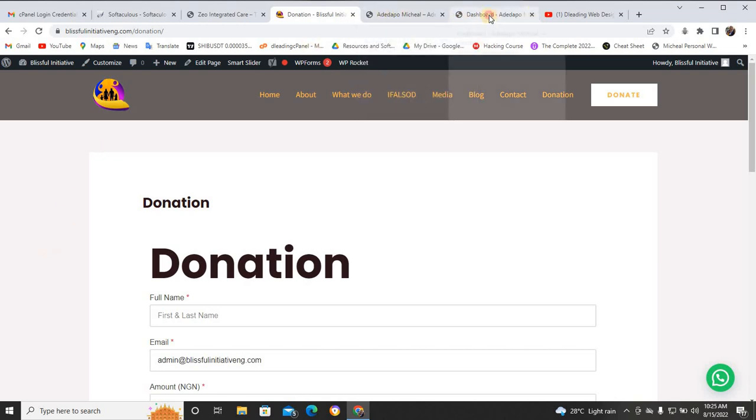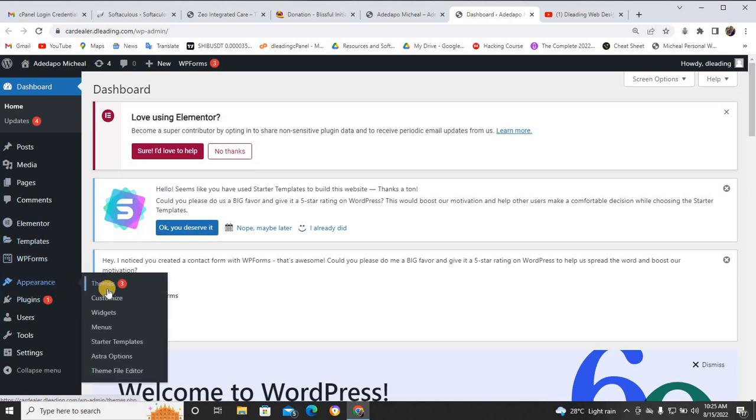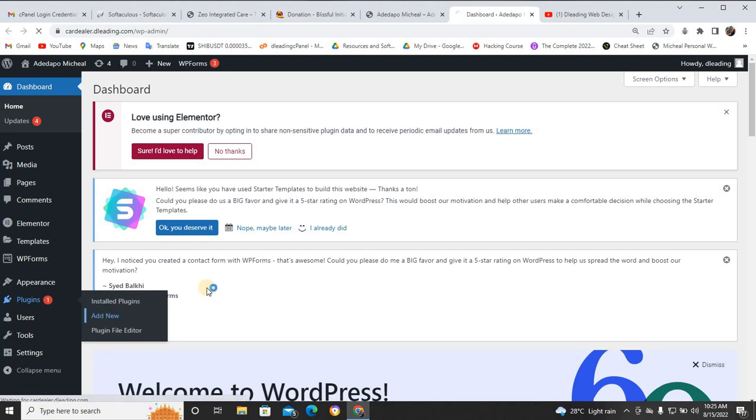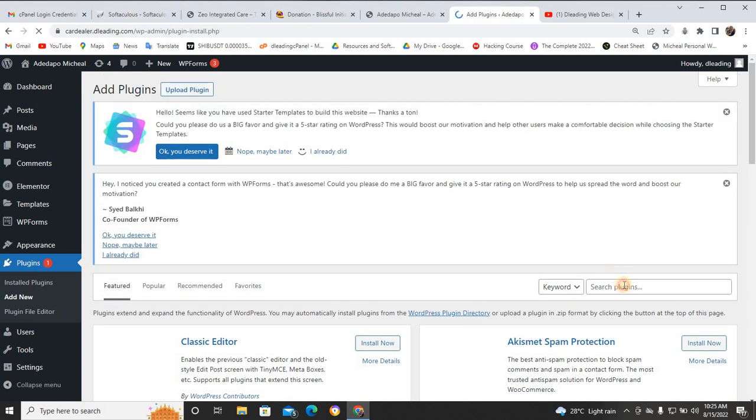So this is the website I will be using now. Firstly, I'm going to talk to you about the plugin we'll be using. I'll be using Paystack. So let me install a plugin. The plugin is called Paystack. Okay, add new. And the plugin I'll be using is Paystack form. So I'm just going to come to this place and type